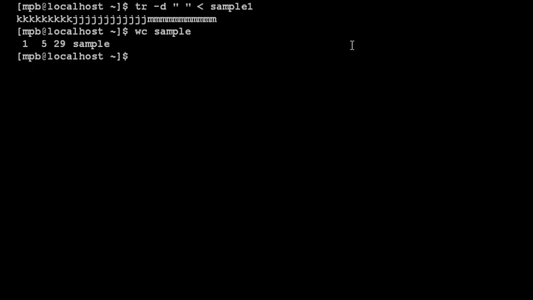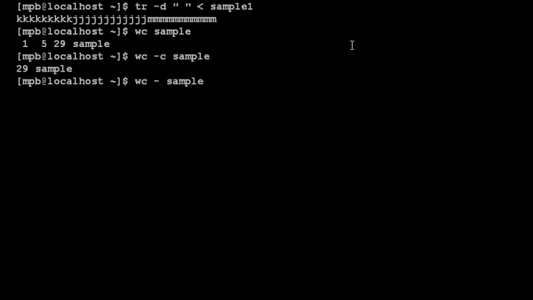Without option you will get all the counts, but there is some confusion that which count belongs to which type, that means whether it is for line, word or character. So if you want to get specific count, then you can use -c, and this is the number of characters, that is count for character.